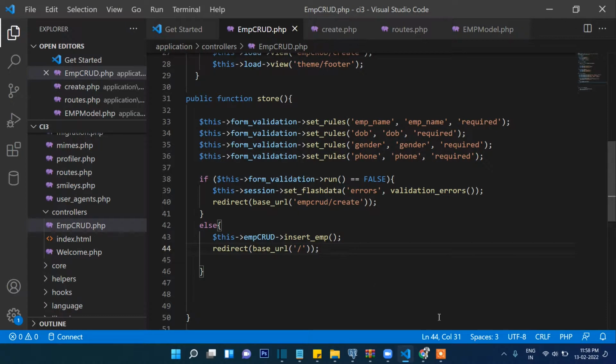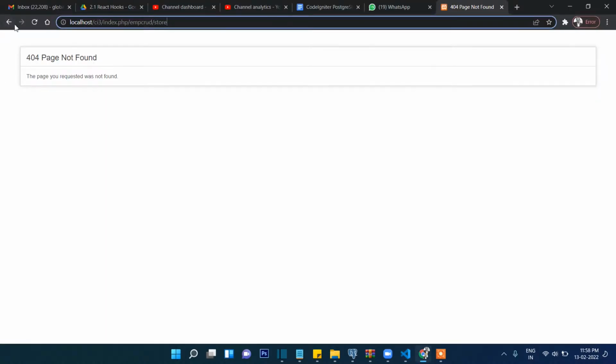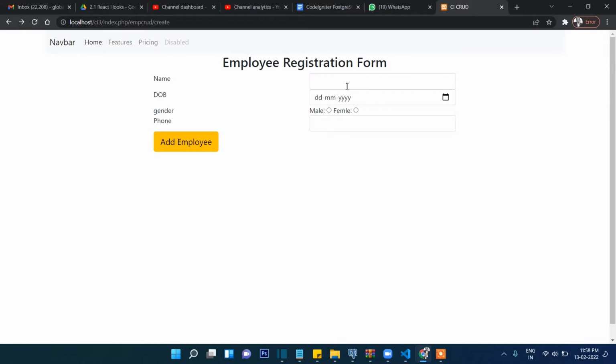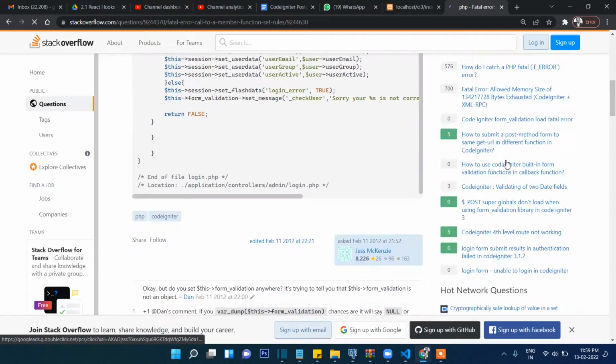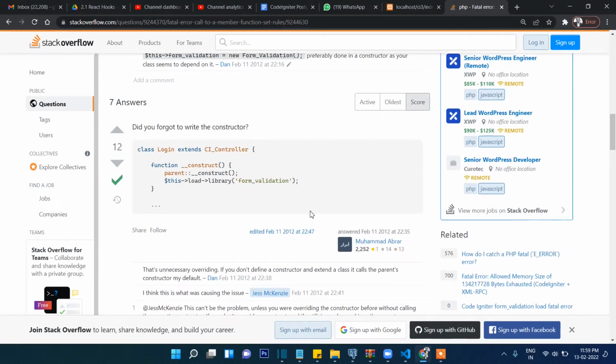So now let's get back here, and first let's try this way. Okay, what does it say? Undefined form validation, call to member function set rules on null. So we'll have to call this form validation. That means we need to call it here inside the controller, form validations,